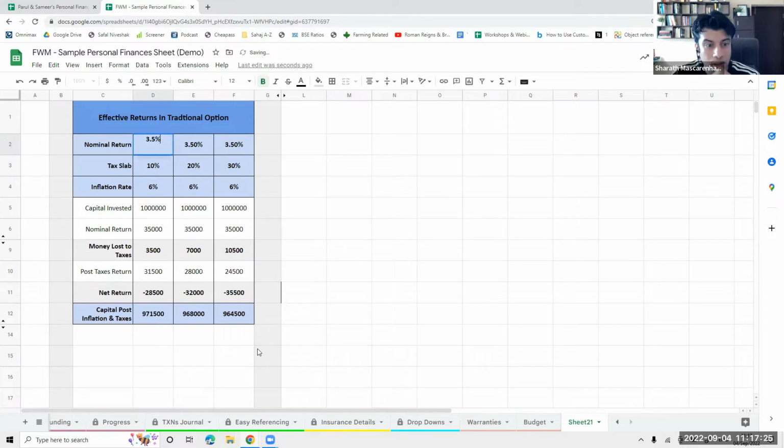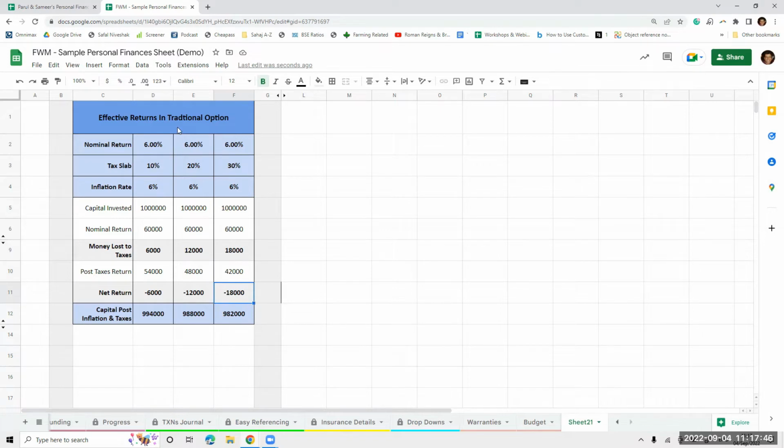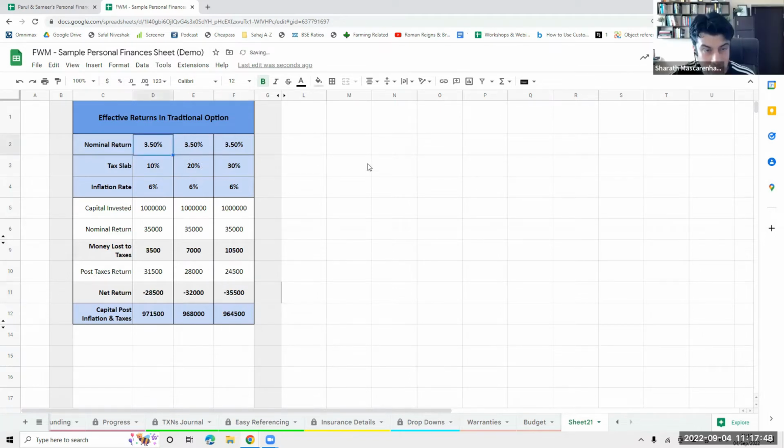So that is 6%. Now do we see how much money we have actually paid in taxes alone? That's 18,000. Prior to this, we were paying roughly 10,500. Now that is the amount of money. In spite of this, your net return is still at just 18%. Okay, I will bring this back to 3.5% for a very specific reason,